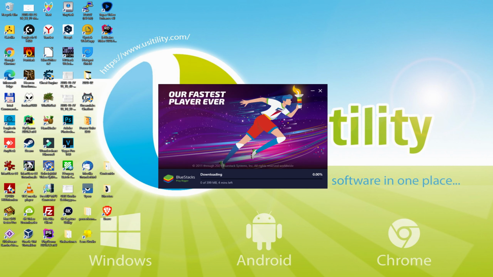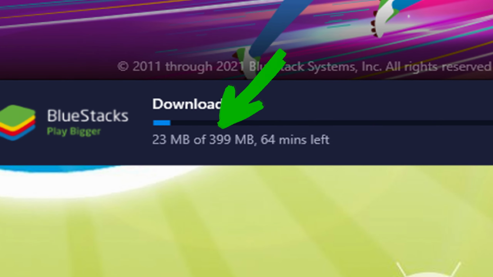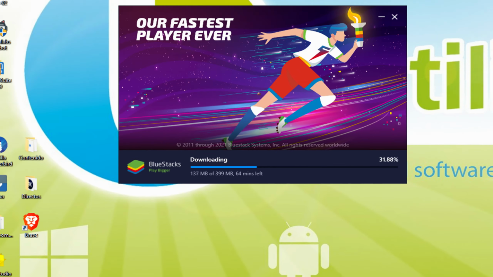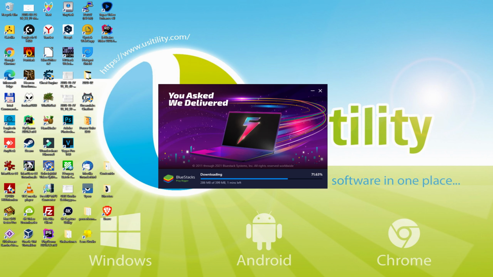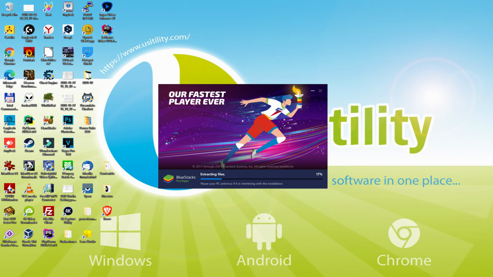Fantastic. The installation commences and it's going to go forward in the download of all these megabytes that are visible on this screen. At the time you download it, it may be more or less megabytes. The download speed can be faster or slower, depending on your type of internet access and on the speed of the emulator servers. Now they are progressing quite fast. The download is finished, and now it proceeds with the installation phase.